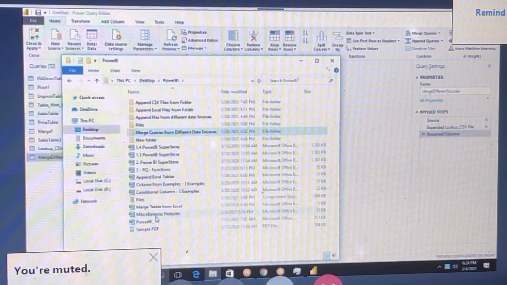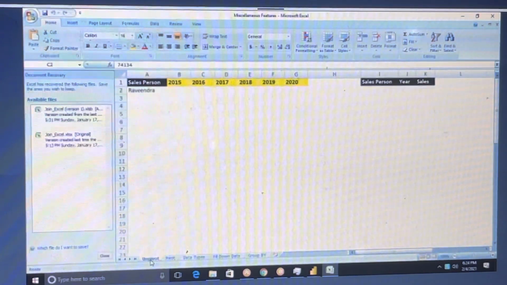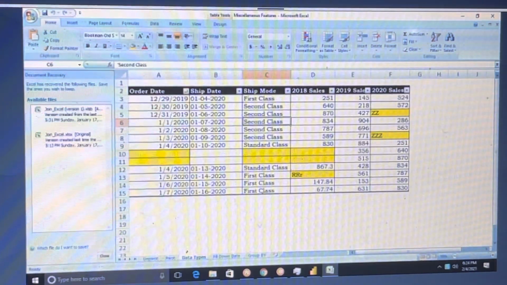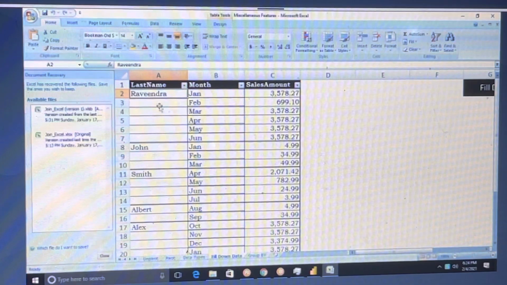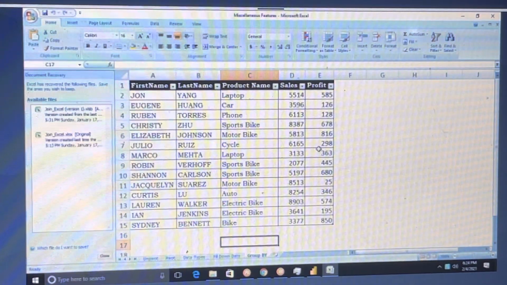Then later, miscellaneous features: how to transpose and pivot, how to fix data type related issues, keep rows, how to replace values and error values. We have seen fill down, and we talked about group by.